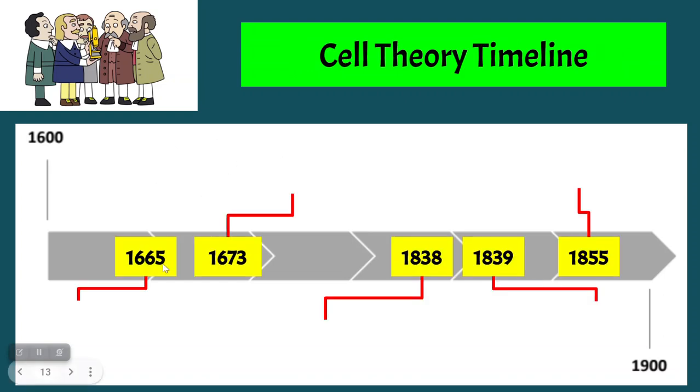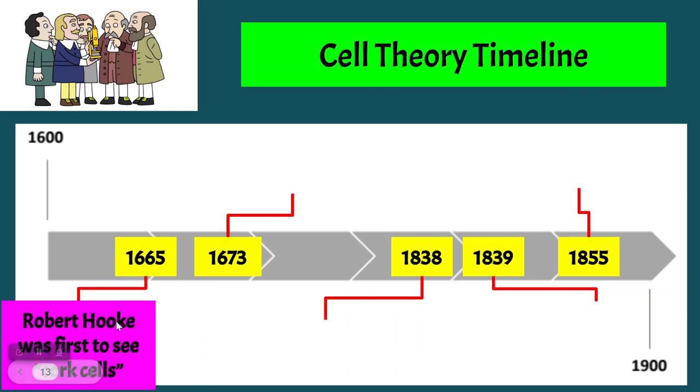In 1665, we have Robert Hooke, and he was the first to see cork cells. He saw those through his microscope. They were not alive. He was looking at cork, which is basically dead bark. He just described what he saw, and they looked like the cells that the monks lived in the monastery. You can think of dorm rooms, you could even think of prison cells, but kind of uniform shaped open